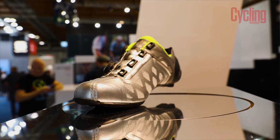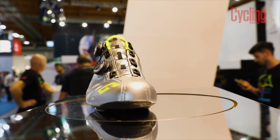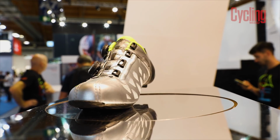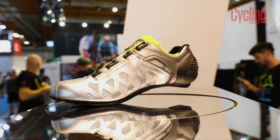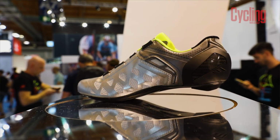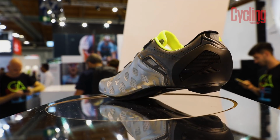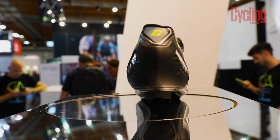These funky shoes are GAERNE's Style Plus shoes, the latest pair from the Italian brand. The new shoes have a full carbon sole that is extremely thin while still managing to maintain stiffness, and it also helps bring the weight down to 275 grams. GAERNE says the other benefit is that your foot is very close to the pedal, offering maximum power output with